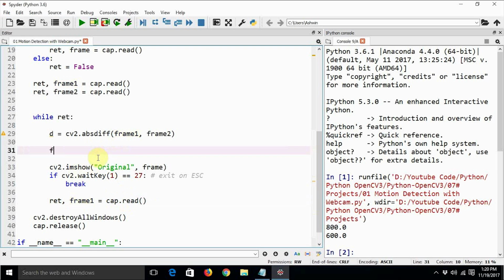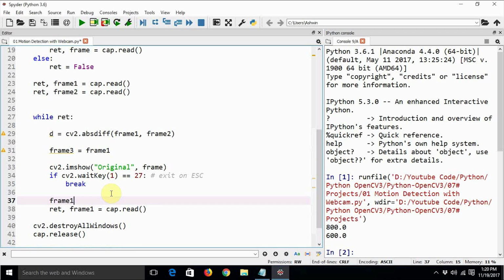Then we will say frame 3 equal to frame 1, and frame 1 equal to frame 2. So frame 3 is an intermediate frame that we are going to use.